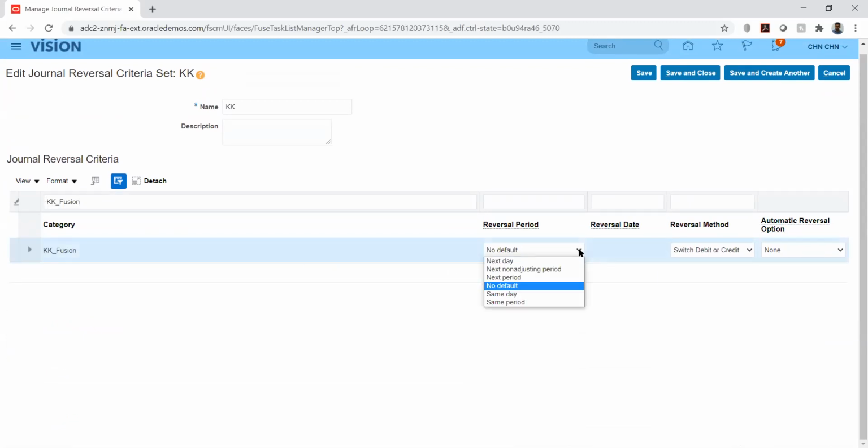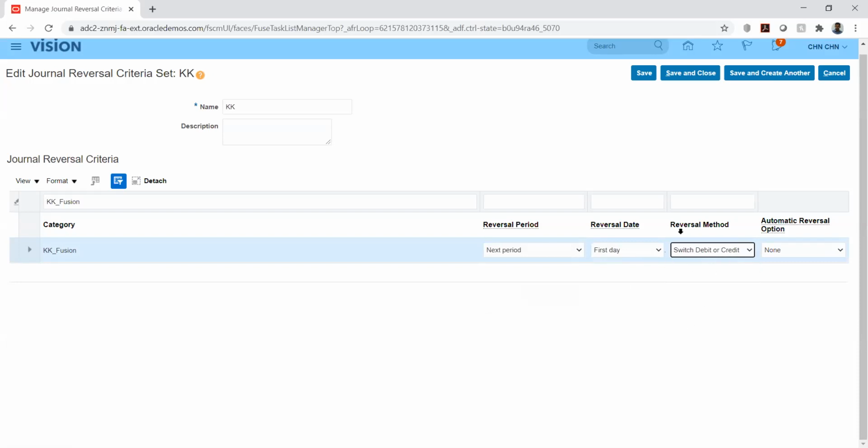Here I can even select the reversal period, but I have selected no default so that I can pick from there. If I select the next period, I can select the date as well, such as the first day. And if I want to choose the method, how I want to reverse, I can select that from here.